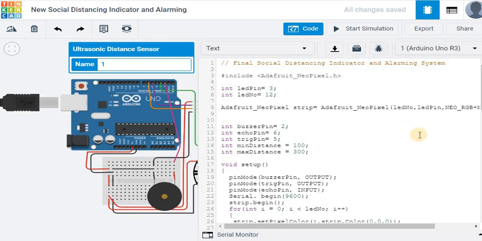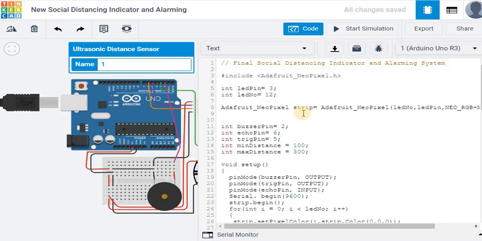The Adafruit NeoPixel 12 RGB LED ring library is initialized with LED pin 3 and LED number as 12 because we have used 12 LEDs NeoPixel RGB LED. You can also modify the code to 16 or 24 if a 16 or 24 RGB LED